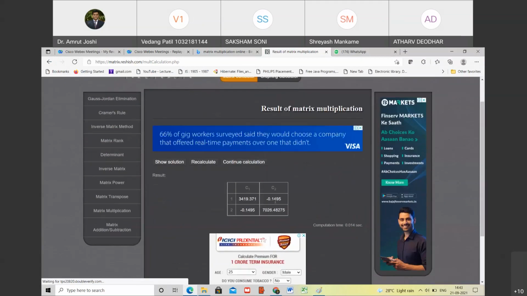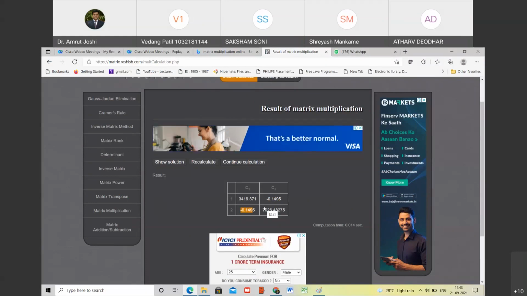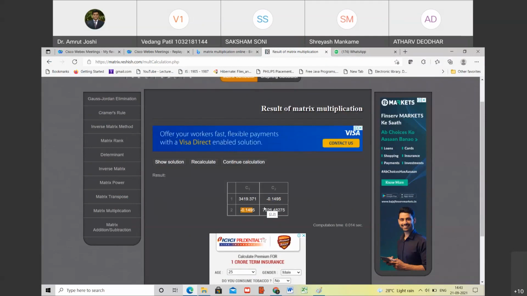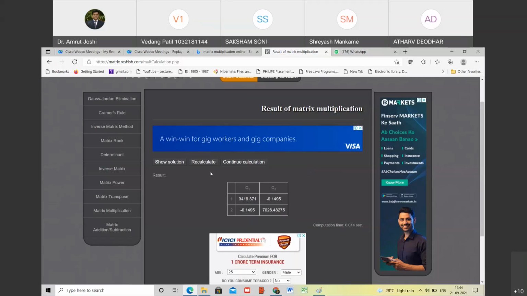You look at these numbers, 0.1495 and 0.1495. These numbers are there because of rounding off. Otherwise, to be precise, they would have been 0. Are you with me? Okay. Because of the rounding off we did after the decimal, these numbers are there, but they are very close to 0 in comparison with the other diagonal terms. Do you agree with me? Yes, sir. So I will safely write down this matrix with these terms as 0. Even in eigenvalues and eigenvectors, we have done rounding off. Because of that, these values are close to 0, but not exactly 0.